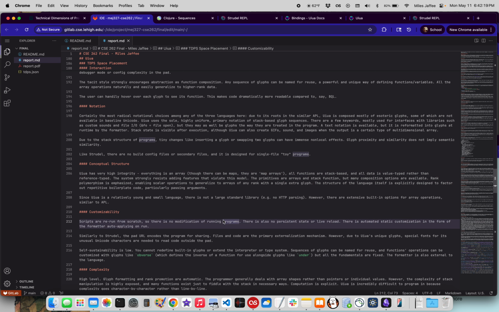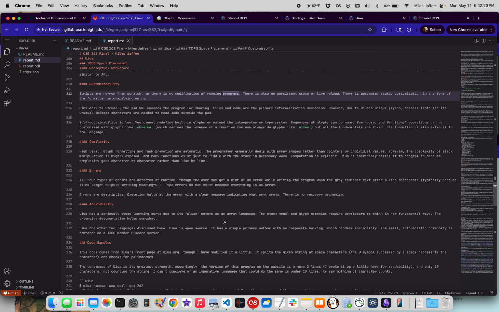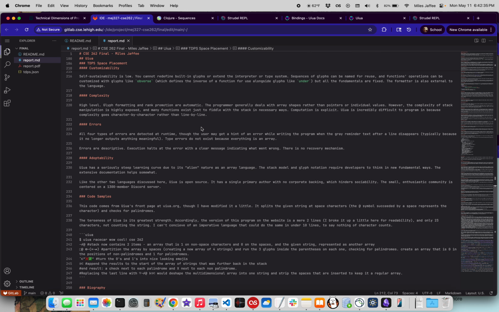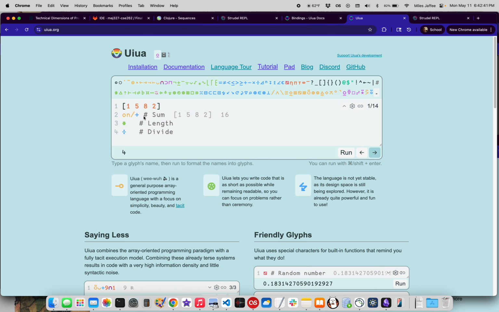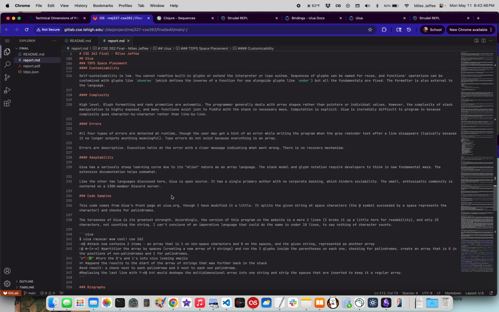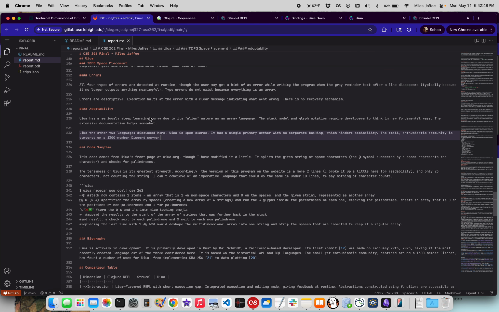This is very high integrity because everything is a glyph, but it's also hard to define new glyphs. Customizability is relatively high in terms of picking up and customizing other people's code, although it may be difficult to read. Complexity reduction, not much to speak of. You are exposed to the full complexity of the stack and managing it with stuff like on and by. Obviously inherently difficult adaptability, but